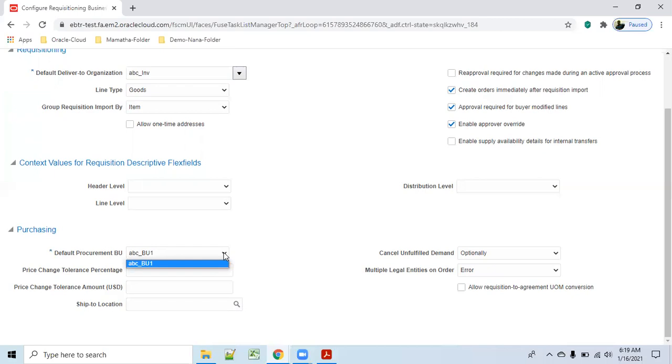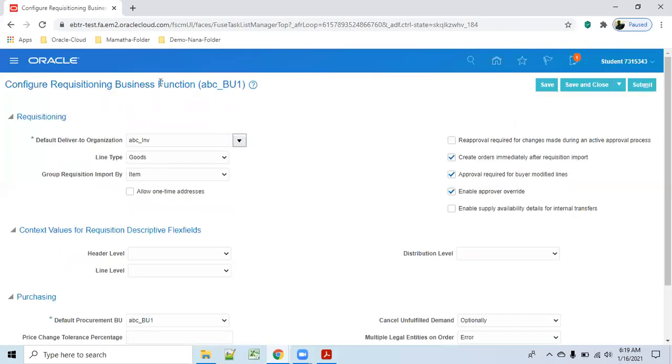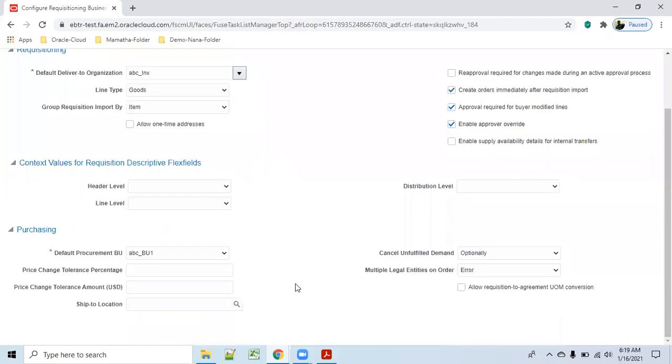Since I don't have a separate BU, I am able to find the same BU which is present in the requisition BU. And ship to location is not mandatory. If you want, you can give it. Ship to location means if you order, where the ordered goods have to come. These things will be useful to default some of the values in the requisition screen, the PR screen.